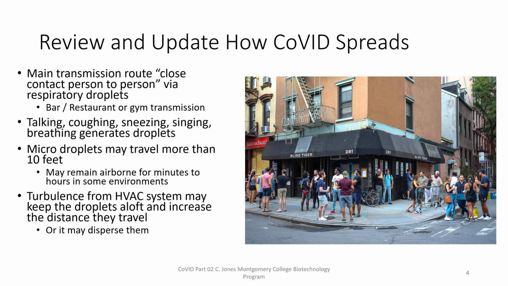So, part of restaurant transmission is you're sitting in a small space, you're close to each other, and the air conditioning or the heating is on, and it's basically creating wind that's circulating everything all around the restaurant, exposing everybody to everything, even if you're 10 feet away. But on the other hand, in some cases, especially if the door is open a little bit or a window cracked, this may actually serve to disperse, to dilute these micro droplets containing the virus.